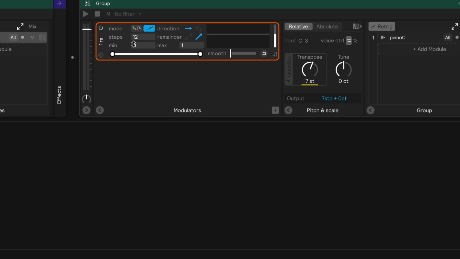What it does is it increments the output value at the exact number of steps that you put in here to get from 0 to 1. When the number of steps is 12, that matches up perfectly with the range of 0 to 12, so we get perfect half steps. If I put in 24 steps, then we